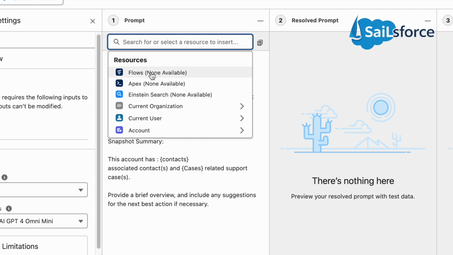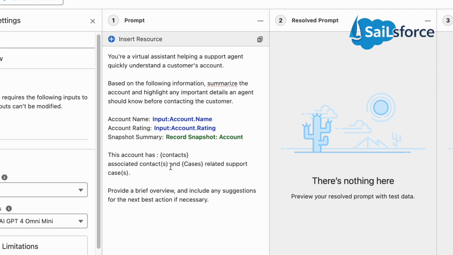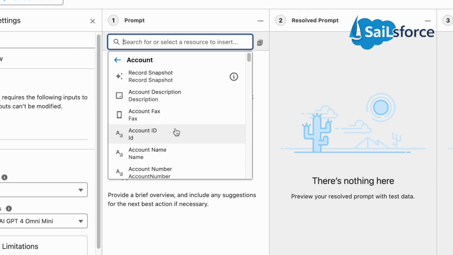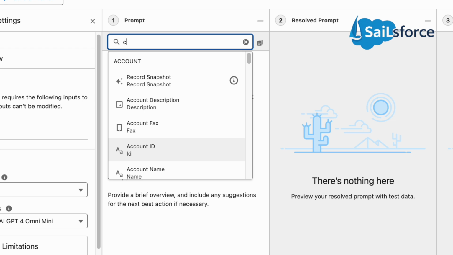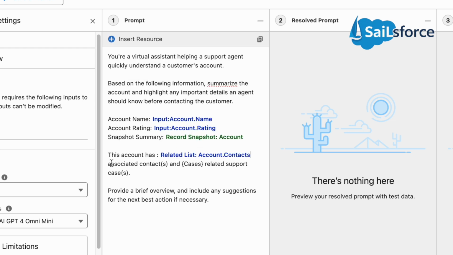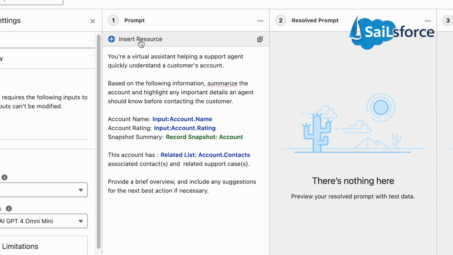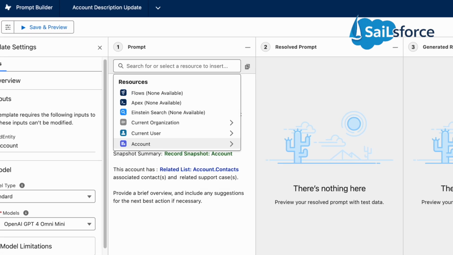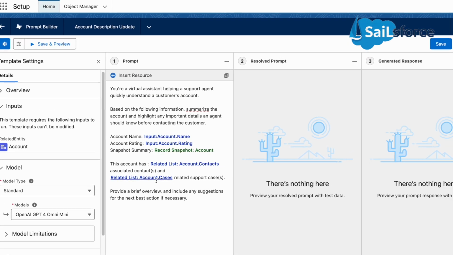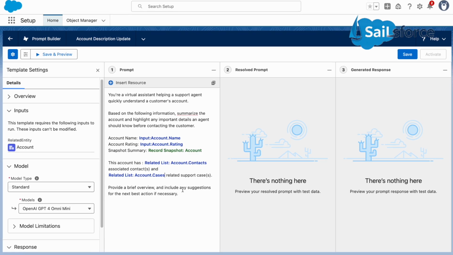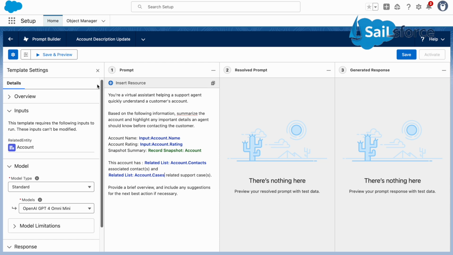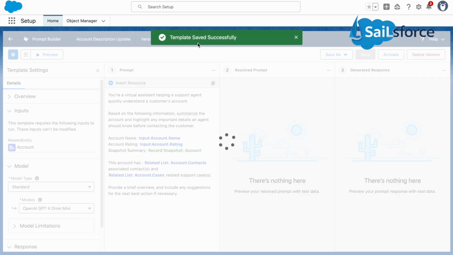So now you can have record snapshot here, and have related context, and also get the information of related cases. So yeah, this is how you can build it, and we need to test how it runs. So here, as I mentioned, you can see save and preview and save. So click on save once, so the template will be saved,